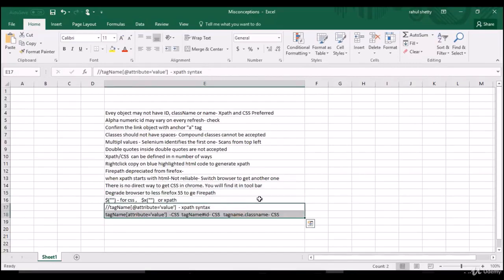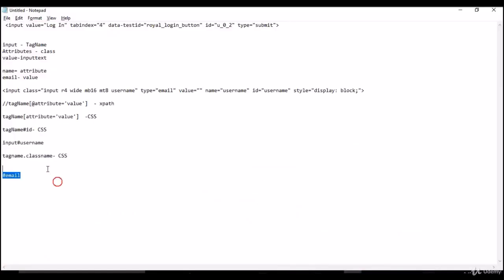And one last thing is regular expressions. Sometimes a value may keep on changing. Username is not constant. Tomorrow it might be username123, alphanumeric, just like what we saw for login. So alphanumerics keep on changing.